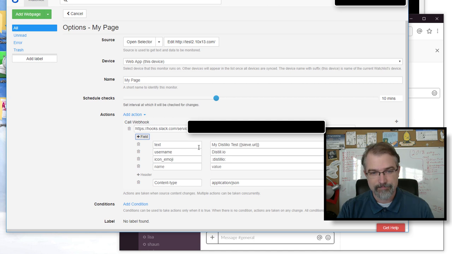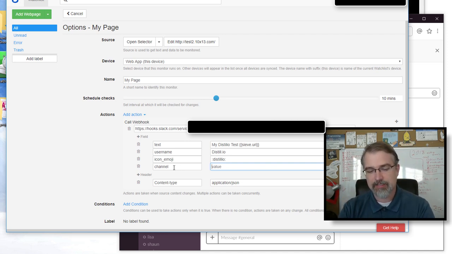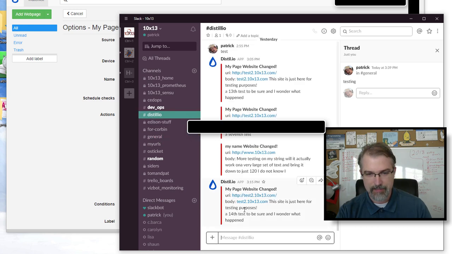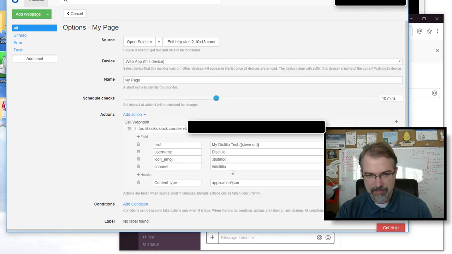I can do a channel. So I should be able to override the default that I set up with my Slack webhooks, which right now goes to general, and I can send it to a room that exists. So I should be able to do hashtag Distillio. I made a Distillio room. And so there's my Distillio room. So put a test in there, Distillio, and that, in theory, should work. So now if I save this,